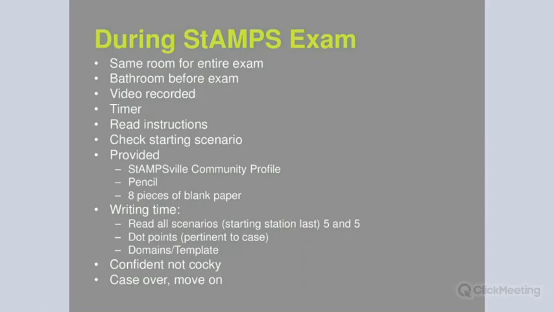The second one for marking is developing an appropriate management plan that incorporates relevant medical and rural contextual factors, taking into account your community profile with STAMPSville. The third marking criteria is defining the problem systematically. Fourth is communication, and fifth is being flexible in response to new information. And they usually use that one in the third and final question.